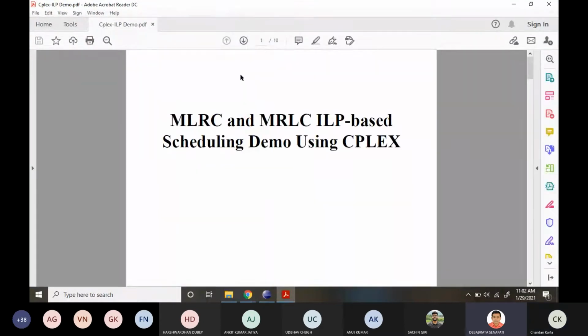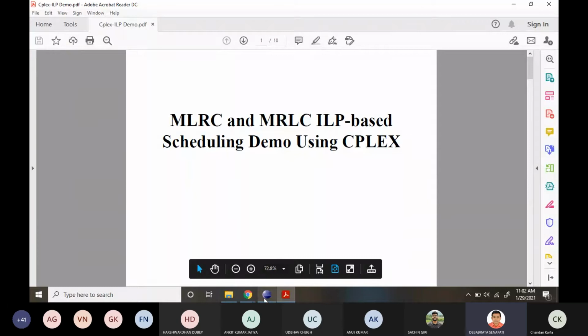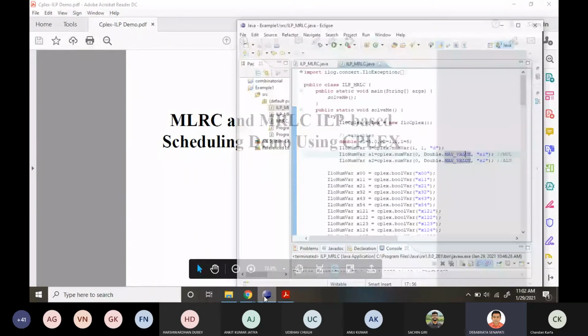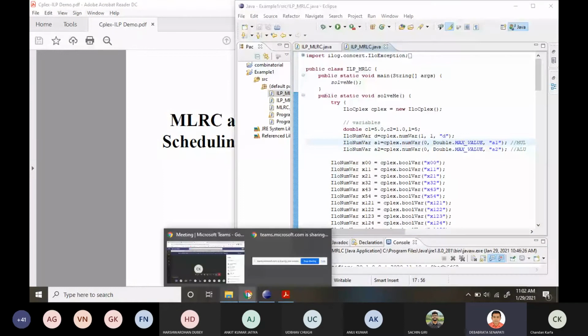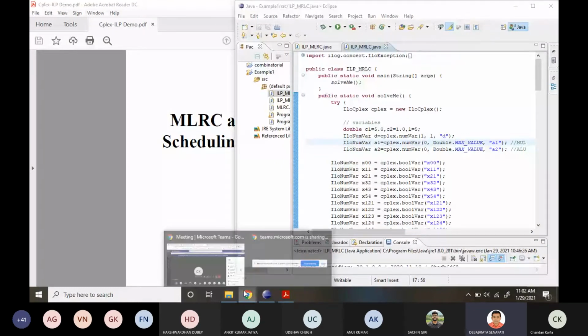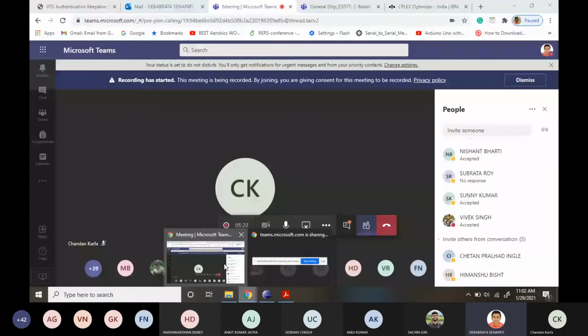So today we'll discuss the MLRC and MRLC ILP based scheduling problem, and its demo using the CPLEX environment. CPLEX is an optimizer tool that we can download from the IBM website, and you need to configure it in your system.